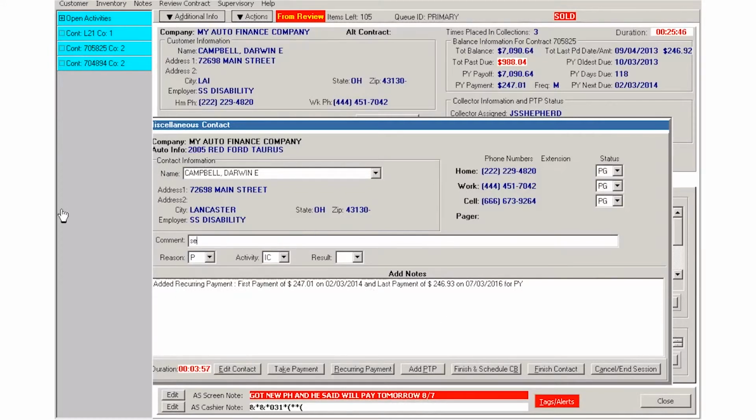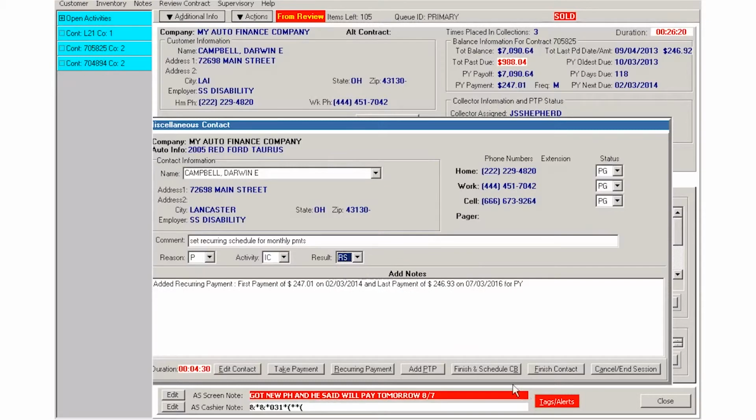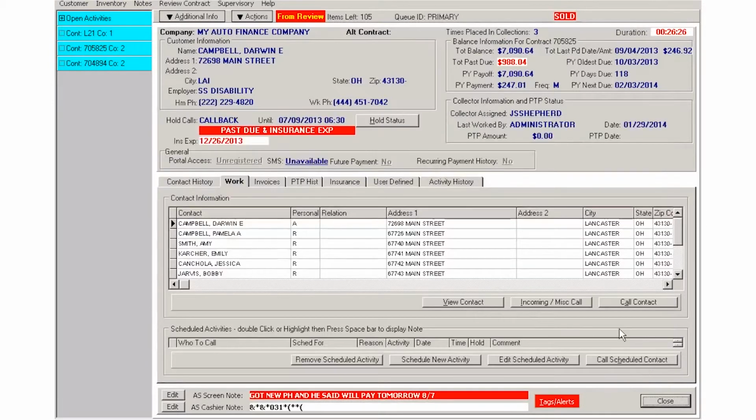Enter your notes. Put in your call result. Now I've created some new payment codes or result codes, like I put in recurring schedule and paid today. So in addition to the promise to pay PP call result, now I have some additional ones that I can use for these ACH credit card payments. I'm going to finish the contact, end the session,